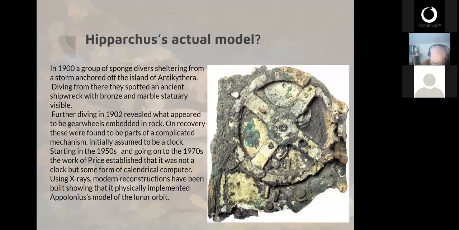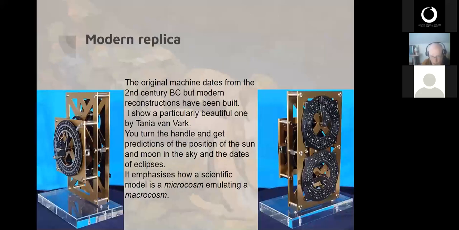You could do it using that, but it was much handier to make a pocket device that you could transport around, turn a handle, and get the predictions from. And what this emphasizes is that in all scientific modeling, you're taking a microcosm and emulating the macrocosm. You're creating a small physical system, which you allow to evolve mechanically